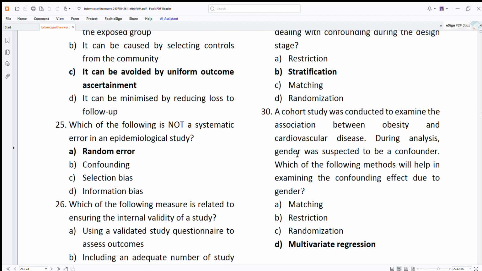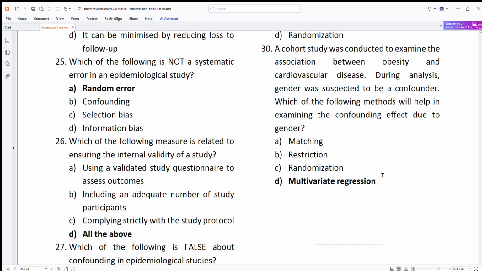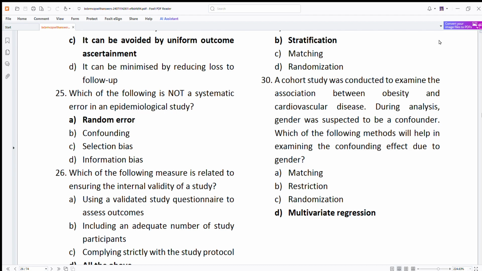Then a cohort study and the association. And then to help with the confounding effect, yeah, multivariate regression. Now you have to use those regression models, linear and logistic regression models, because this is during analysis. So during analysis we use multivariate analysis, but during the design stage, I have told you